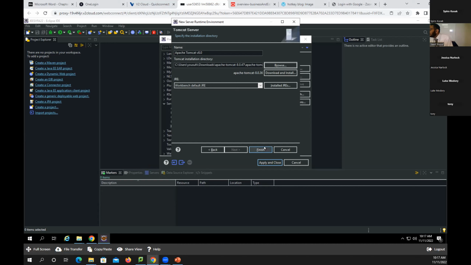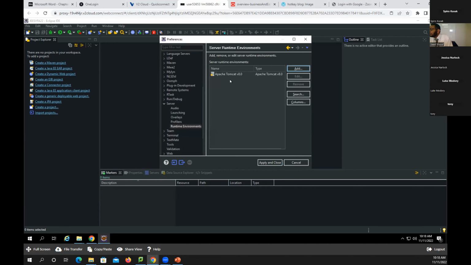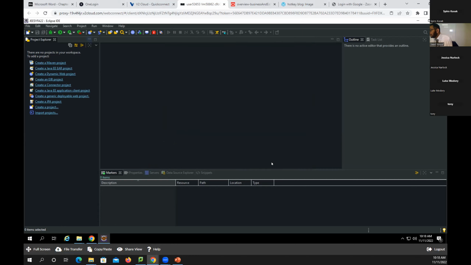And then you hit select folder and then you hit finish. Okay, so you should all be able to see Apache server 8.0 in the list. And then you click apply and close. Okay, cool, awesome. Now, in the list of the projects, okay, all of you can see Project Explorer on the